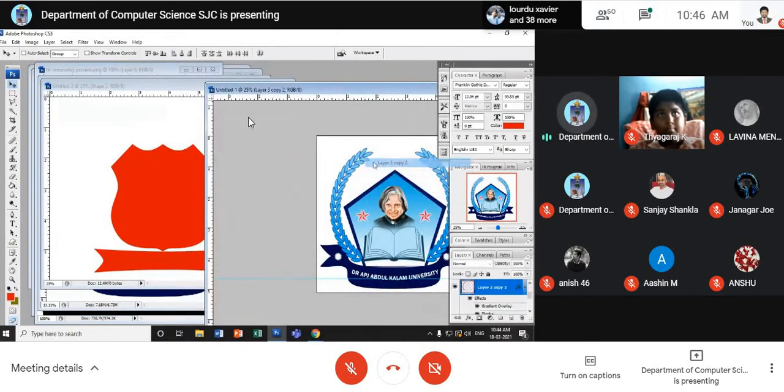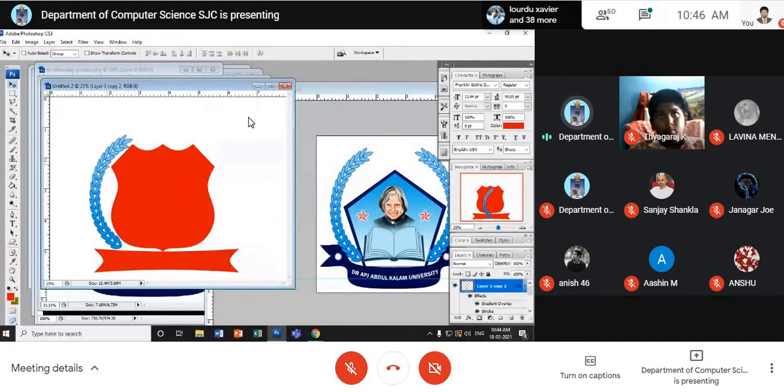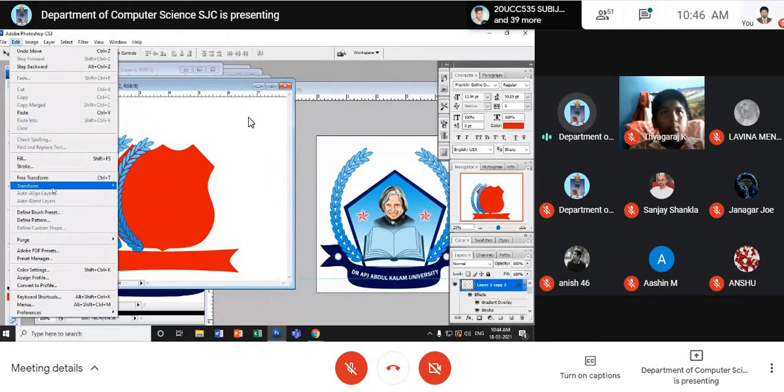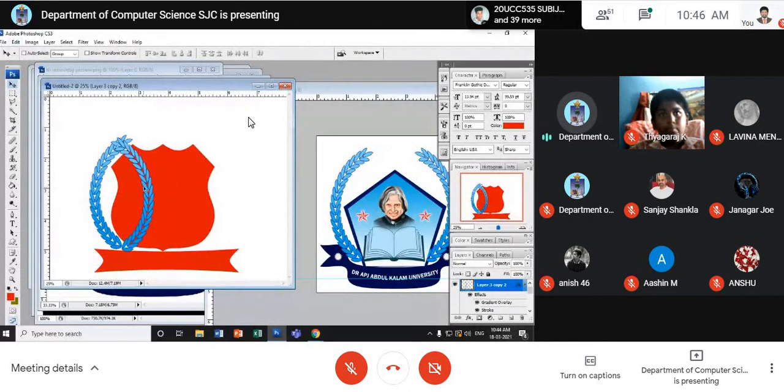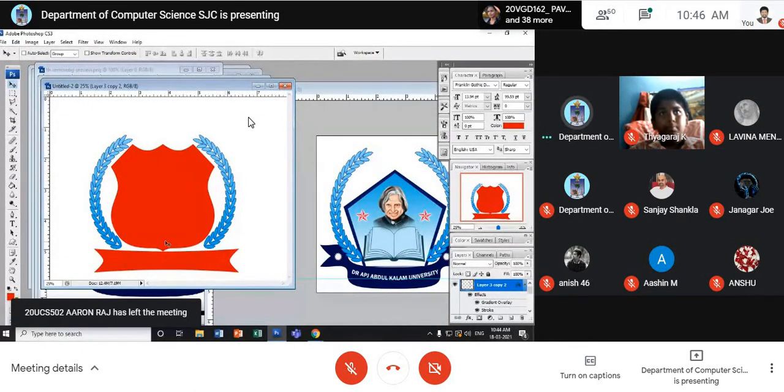Arc is a very common design in all the logos, educational institutions. You can keep it, change it, and you can change the color completely as you like. You can have anything here and you can change the color as usual.